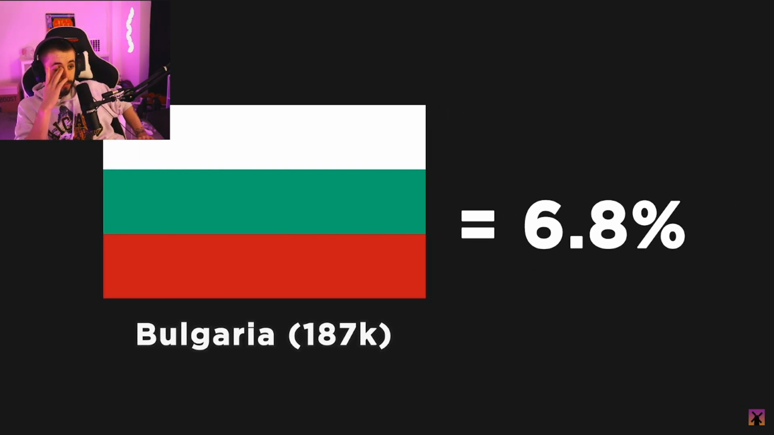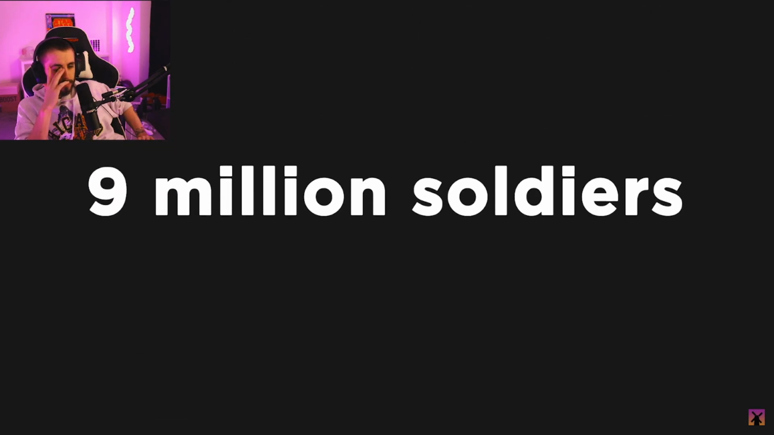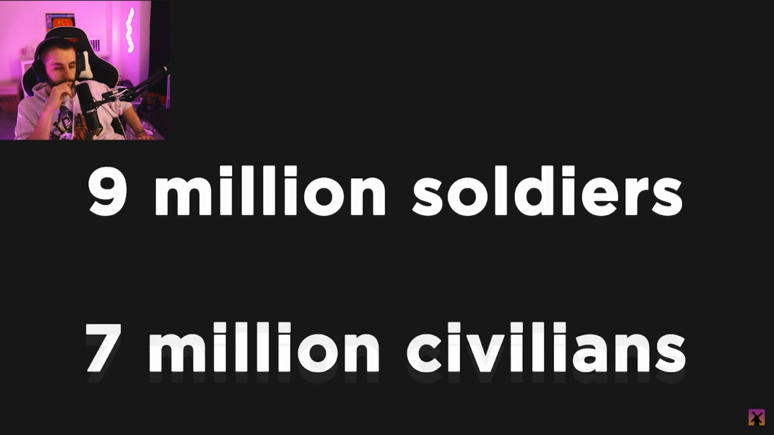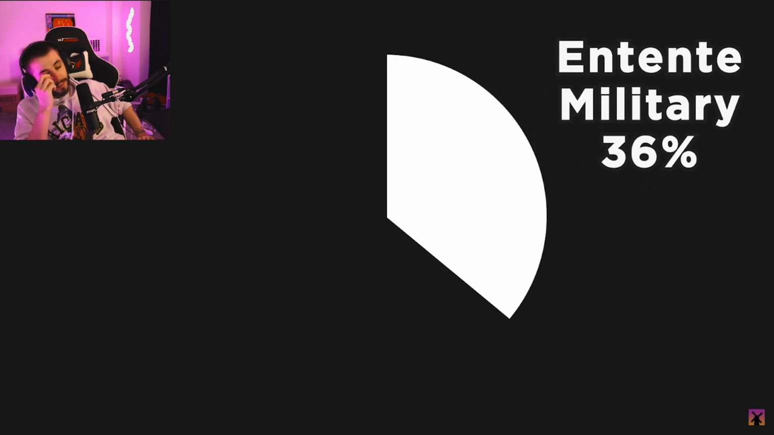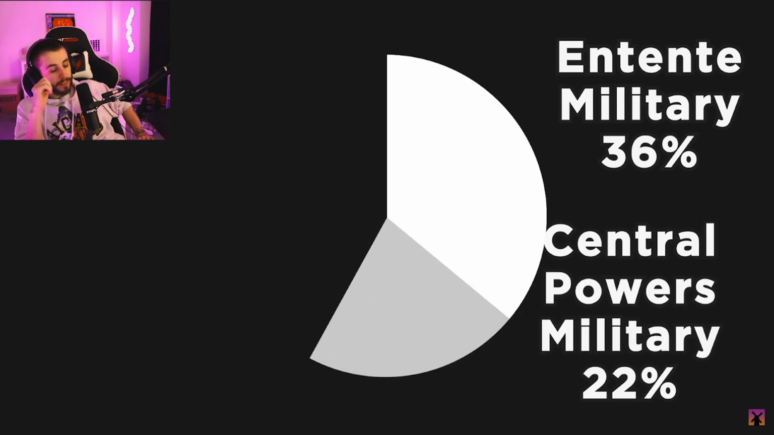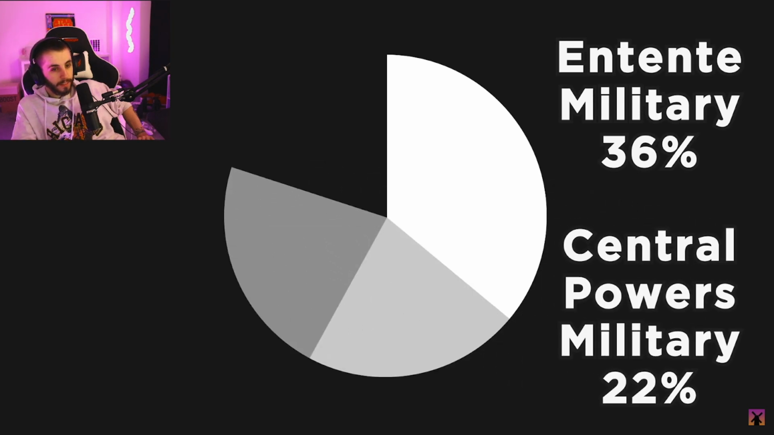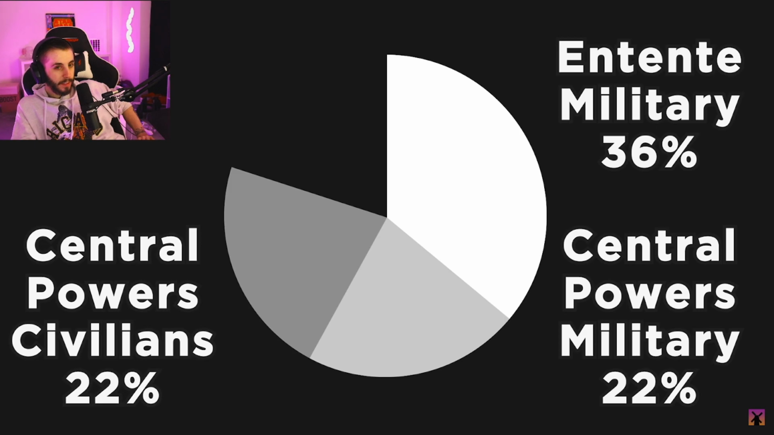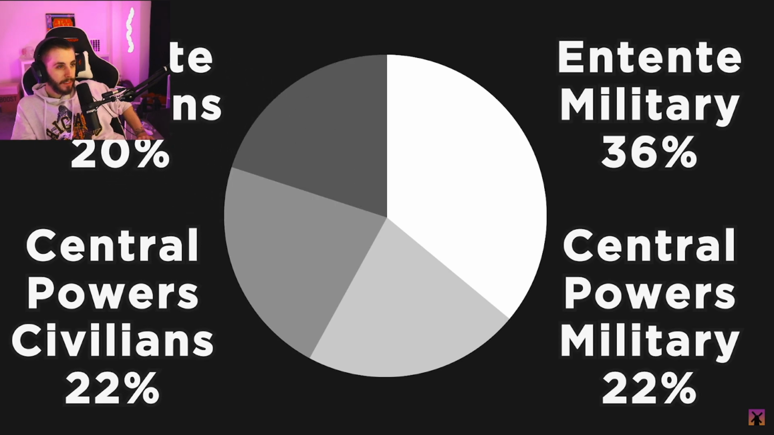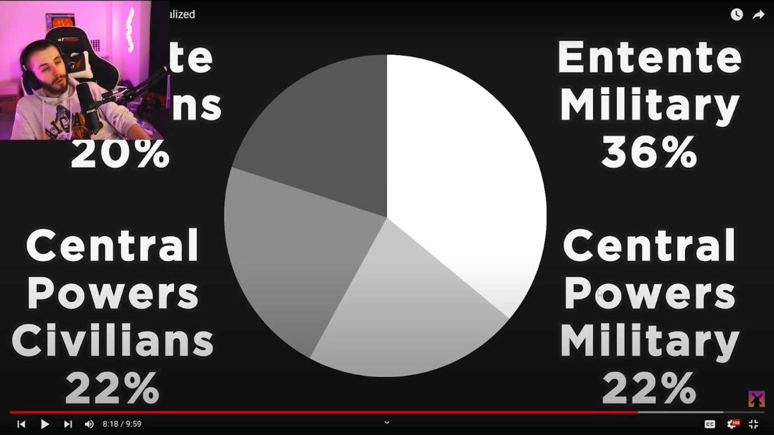In total, and across all countries, about 9 million soldiers lost their lives, as well as 7 million civilians. 36% of all deaths were Entente military, 22% were the Central Powers military, another 22% were Central Powers civilians, and the final 20% were Entente civilians. The First World War, holy shit, so more of the Entente died than the Central, was and still remains the